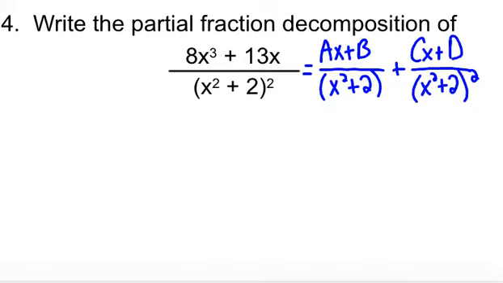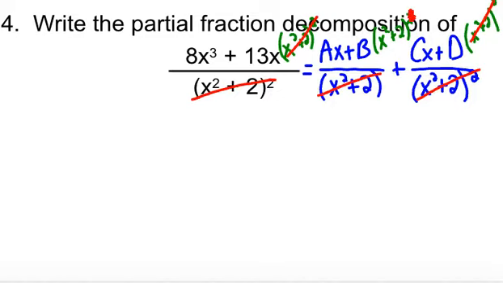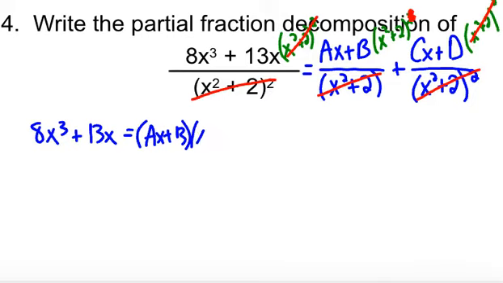Now we're going to multiply by our denominator so we can cancel out stuff. So we're going to multiply everything by x squared plus 2 squared. And we're going to cancel what we can. So these all cancel, and these all cancel. In our middle term, only one of them cancels, so I'll just cross out that square. So we are left with 8x cubed plus 13x equals (ax plus b)(x squared plus 2) plus cx plus